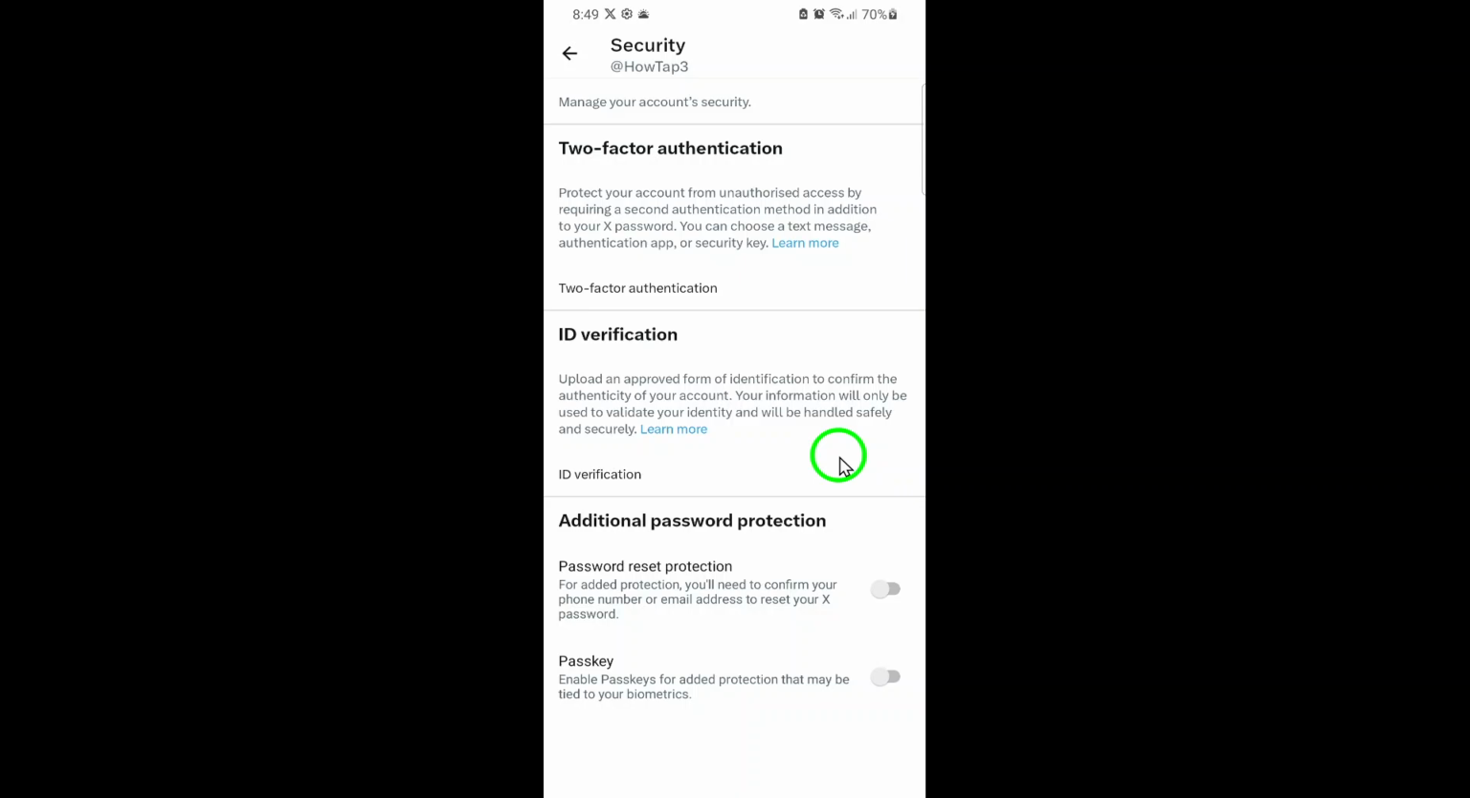From this point on, even if someone tries to reset your password, they won't be able to do it without properly verifying it's you. Taking a minute to turn on this feature can make a big difference in keeping your account safe. Small steps like this go a long way in protecting your information and maintaining control of your personal